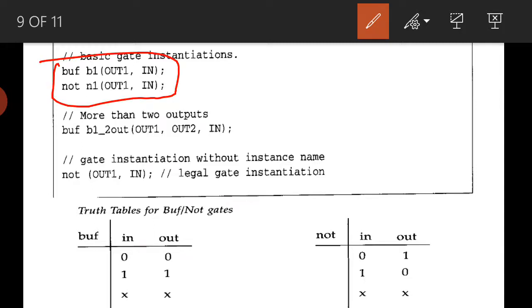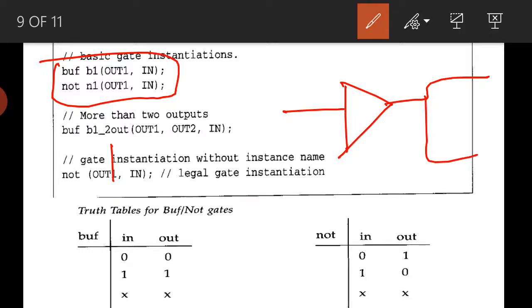Similarly, if there are two outputs, out1 and out2, with the same input, it is connected to one more gate. The same output is connected to out1 and out2, and the input is one. Buff is the keyword and b1_2out is the instance name.